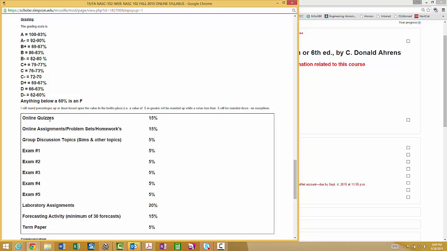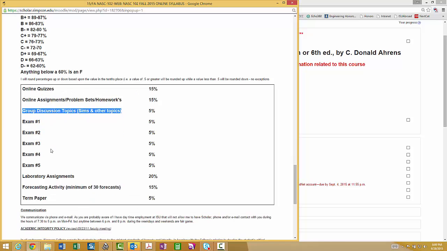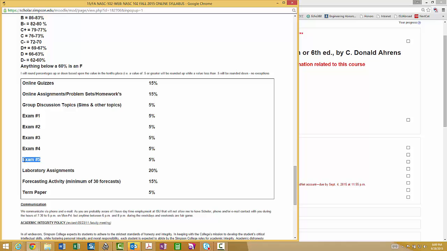Here's the breakdown by percentages. We'll have quizzes that make up 15% of the grade. Online assignments, problem sets, homeworks make up another 15%. Group discussion topics on forecastings and simulations make up 5%. Notice we have 5 exams, but each of these exams only make up 5% of your grade.